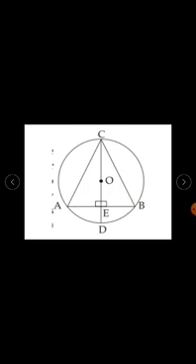So what is given? CD is a diameter of the circle with center O. Diameter CD is perpendicular to chord AB at point E. It is given. So you have to show that triangle ABC is an isosceles triangle.